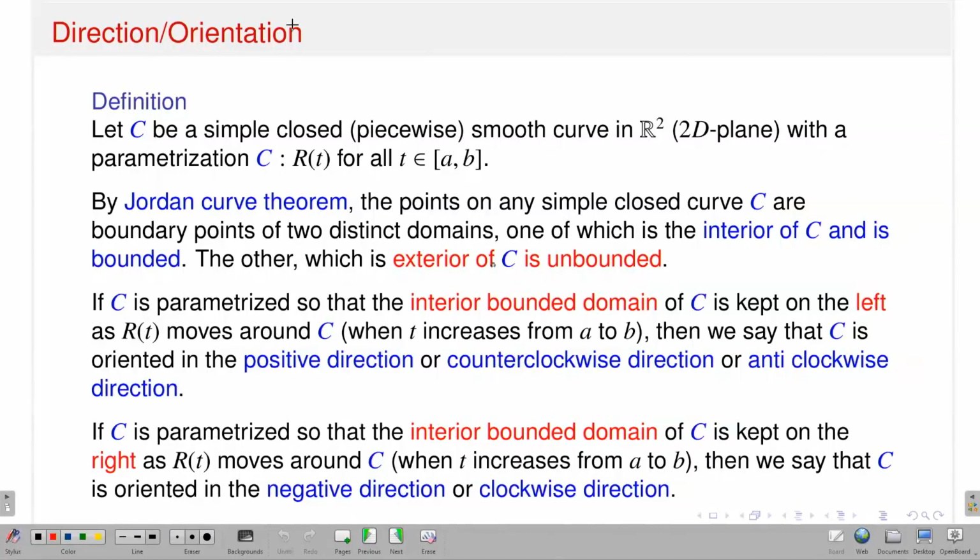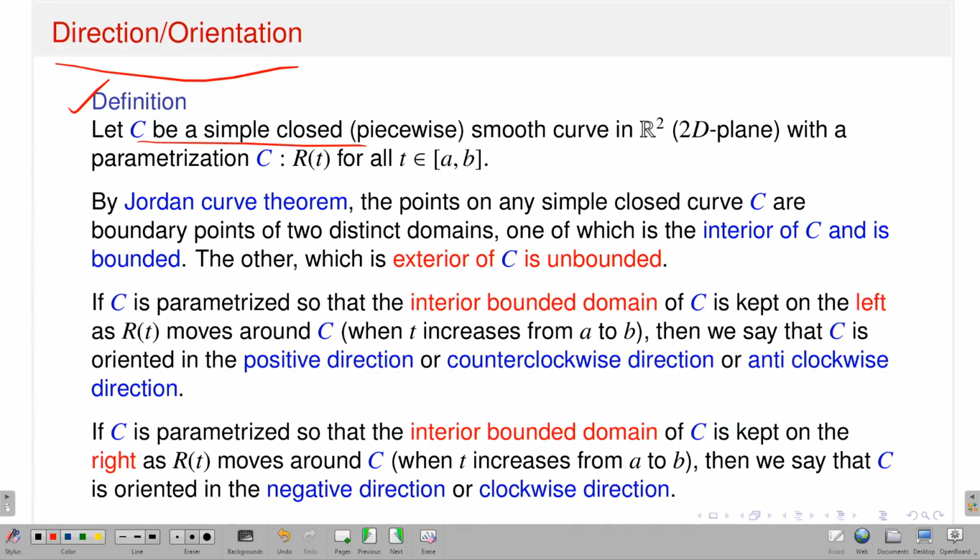If C has a natural orientation or some direction, minus C will have the directions in the opposite way. It traces out the same set of points, but only the directions of minus C will be reversed compared to the directions of C. Okay, so there are a couple of things I have written again: direction or orientation. So, the first definition is that, let C be a simple closed curve,